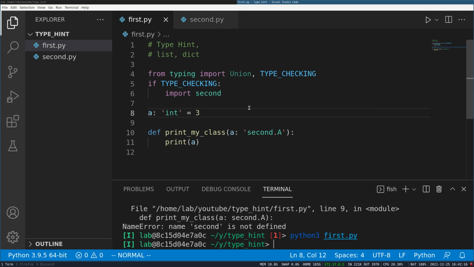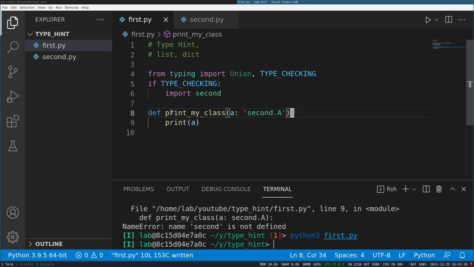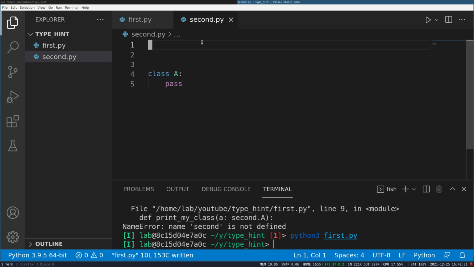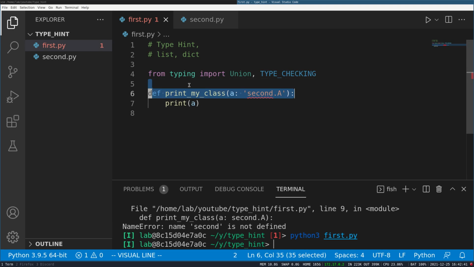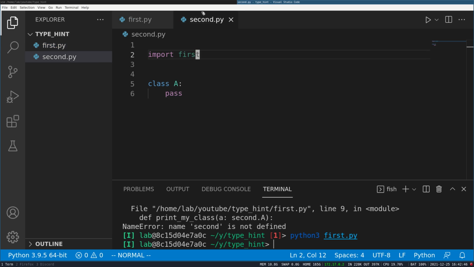So you can do "int" and it will still be treated as an integer. And yeah, so basically TYPE_CHECKING can be used to avoid cyclic dependencies. If second.py imports first and first imports second, then you can use TYPE_CHECKING to get the types but not actually import it at runtime. And yeah, that's pretty much the only use of TYPE_CHECKING.